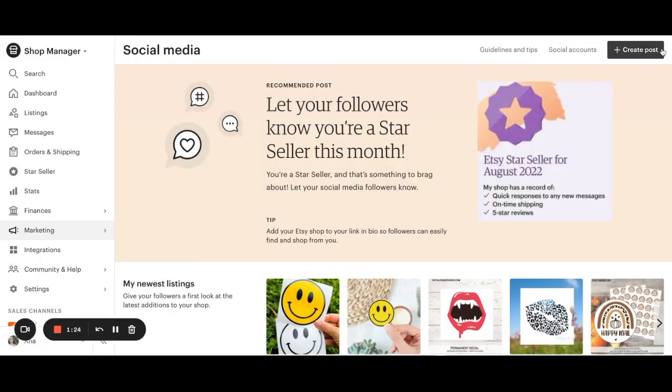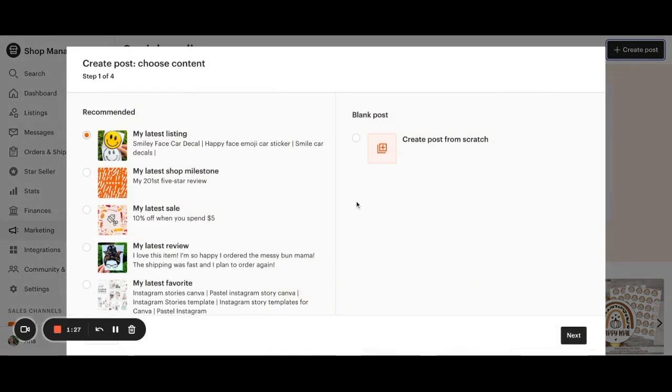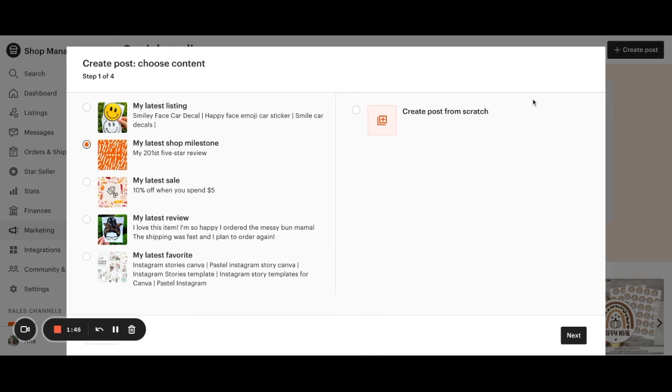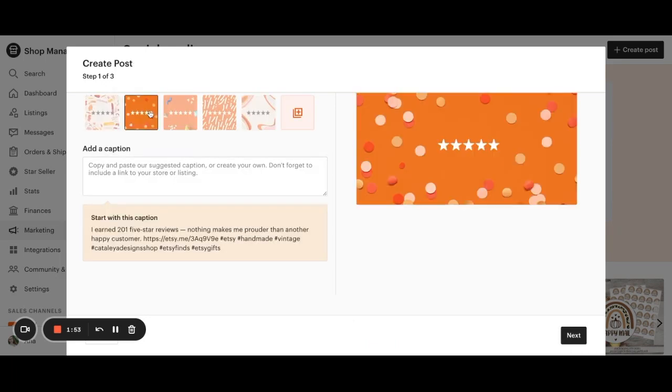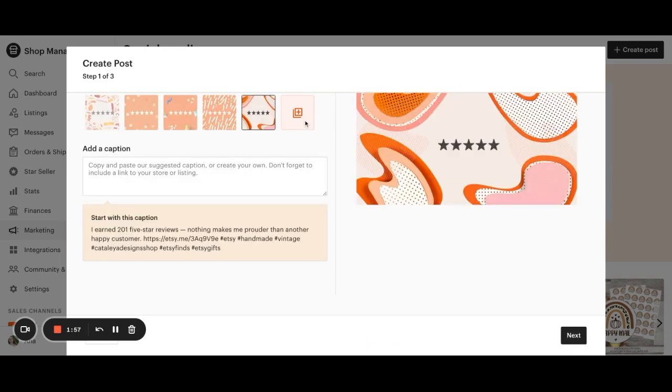Now you go here, you go to this button, create post, and you can pick and choose from your recommendations that Etsy gives you, like my latest listing, milestone of my shop, or you can create a new post from scratch. Let's just take this one, for example. Click on next. You can pick and choose whichever picture you want, or you can browse your computer by clicking